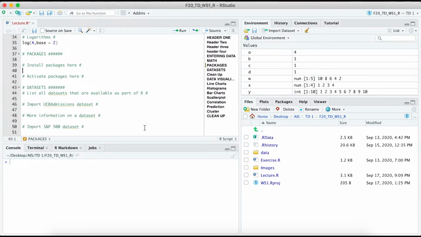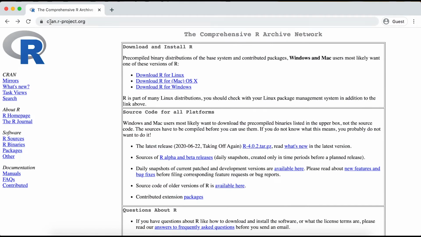R is very famous for having a huge library of packages that are free. These packages have a set of additional functions that will help you to analyze data more effectively and efficiently. The base functions that R provides are not enough, so you'll end up downloading packages. To learn which packages R provides, you can go to